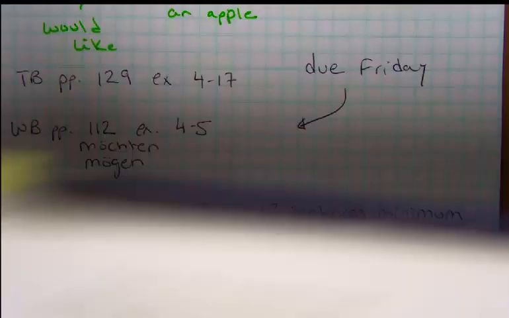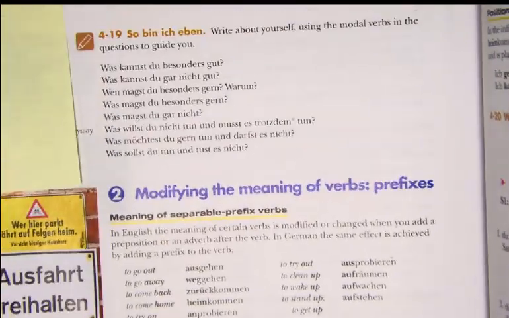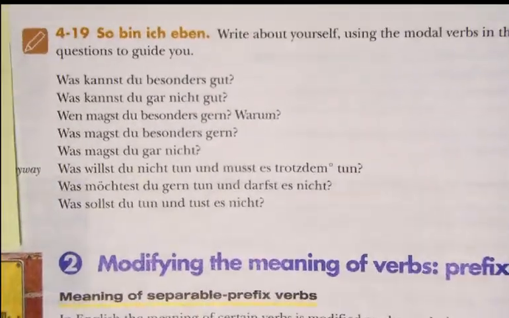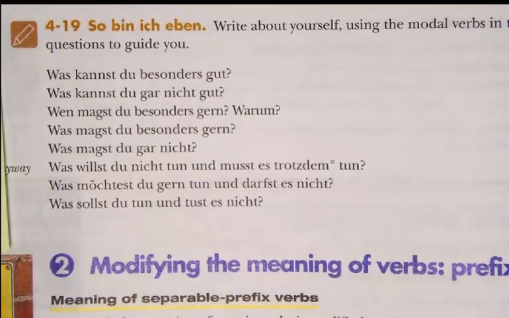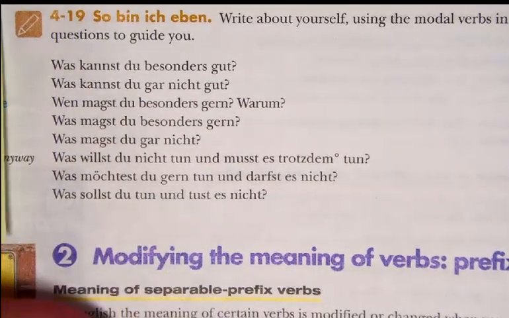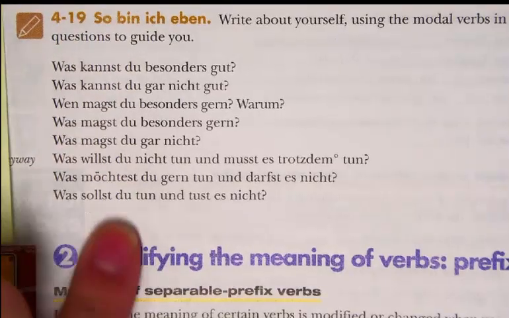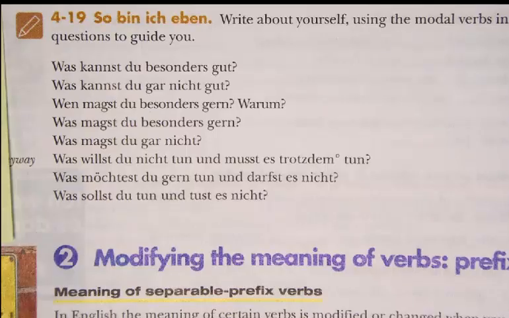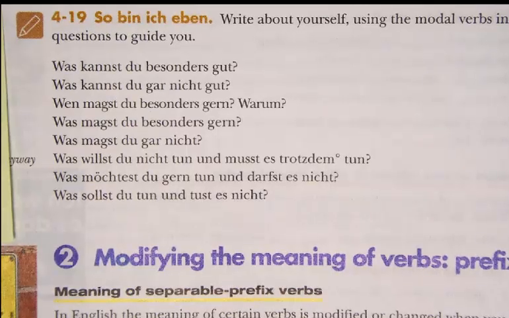Here is the activity that you're going to be writing. If you need to take a picture because you're not going to have this in front of you or access to it, then take a picture. Otherwise, you can access it from the website as well. So, here are the questions. Notice there's only 8 of them, so that means you have to write more than 1 sentence for at least 4 of them, or write 2 or 3 sentences for several.